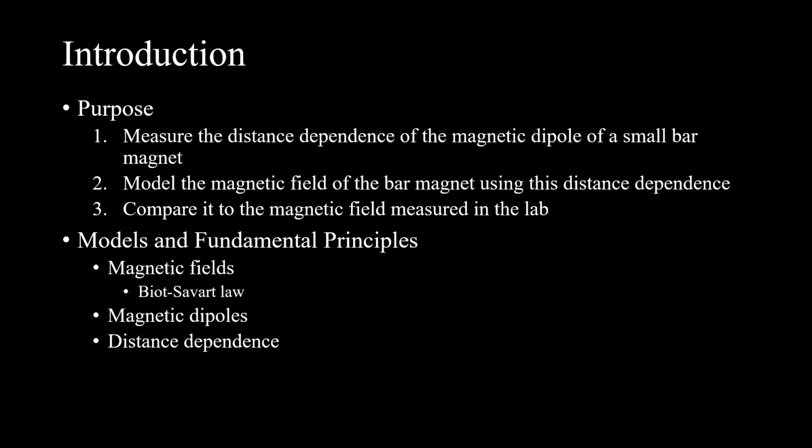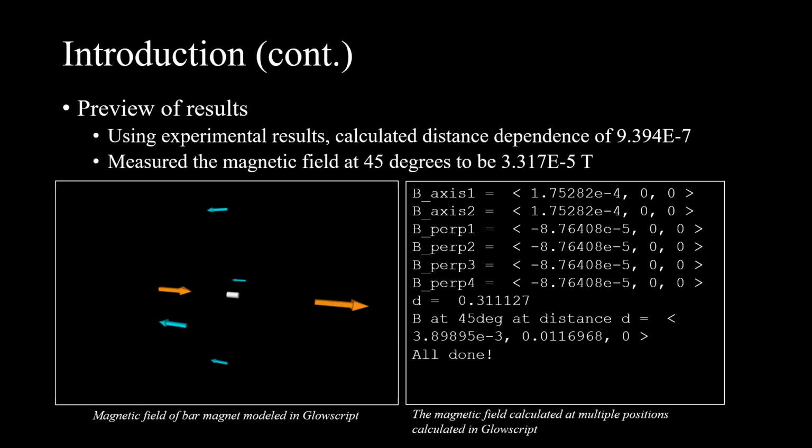In this lab, we will go over magnetic fields as well as the formula to represent them using the Biot-Savart law, as well as magnetic dipoles and distance dependence. In this lab, we will calculate the distance dependence of the magnetic field to be 9.39 times 10 to the negative 7th. Using this in the Biot-Savart formula for the magnetic field of a dipole, we will model the magnetic